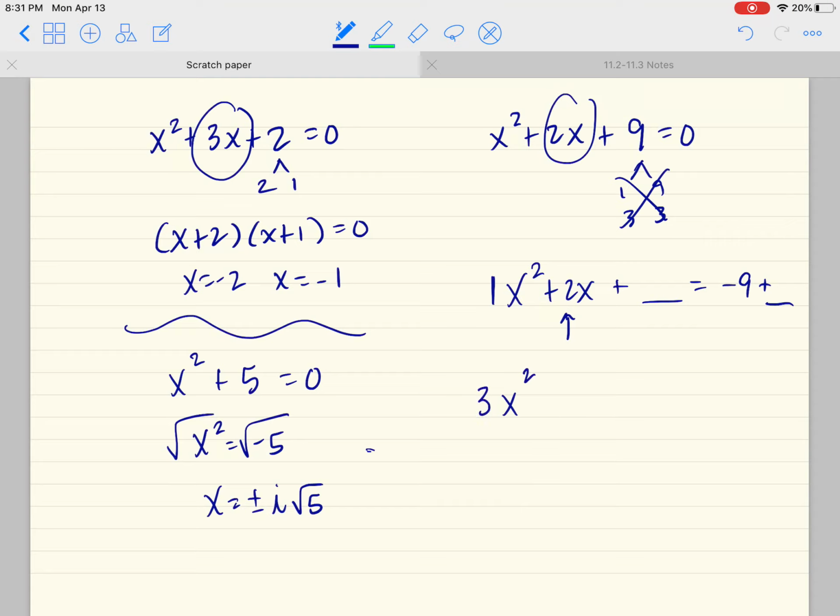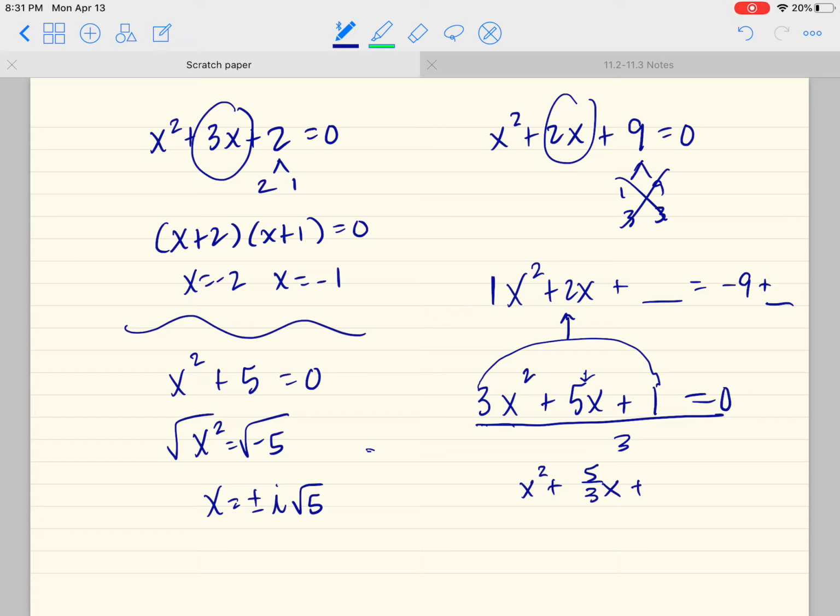But let's say we had something like 3x squared plus 5x plus 1 equals 0. Well, this is not going to factor. There aren't factors of 3 that make 5. Can't square root because this is here. So right now the only option is complete the square. Now, completing the square requires this to be a 1, so I would have to divide everything by 3. Then I'd have an x squared, and a 5/3 x, and a 1/3. Then I'd have to move the 1/3,